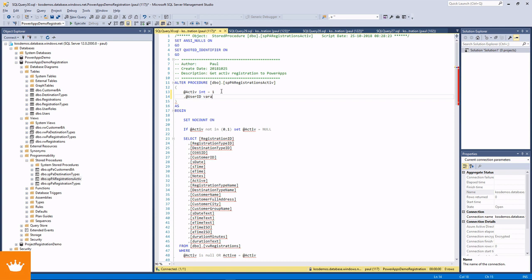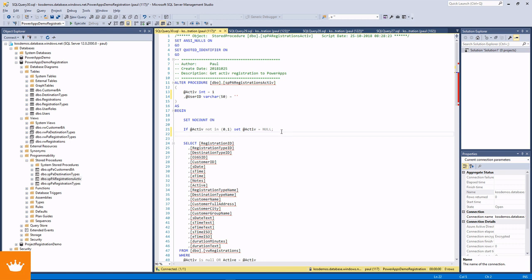This is a varchar, let's say 50, and basically it's 0. Let's close this. I forgot this the last time, and do the same for user ID is 0,